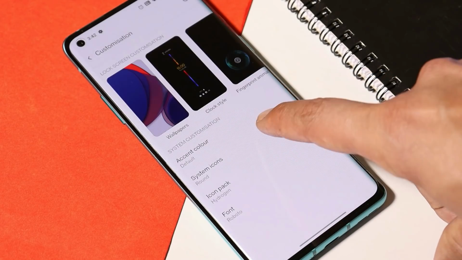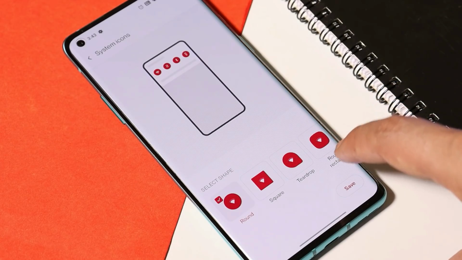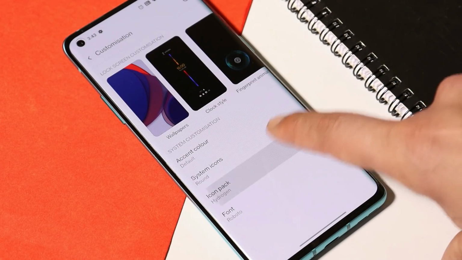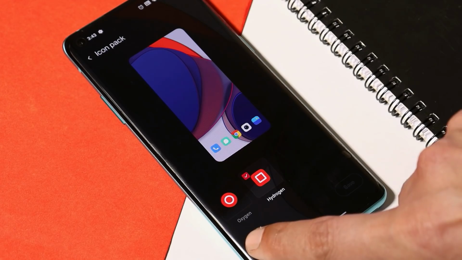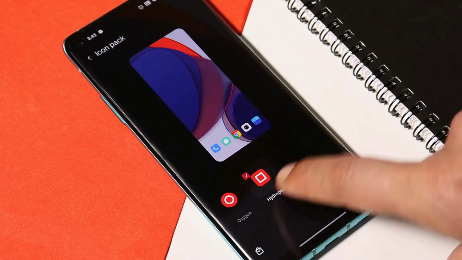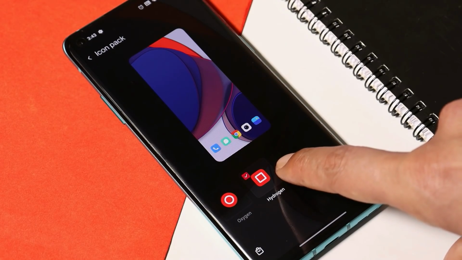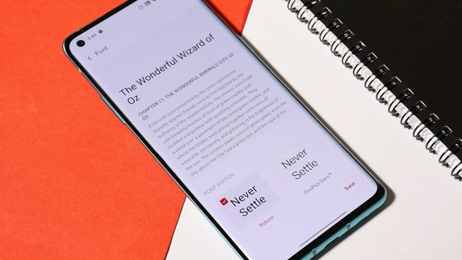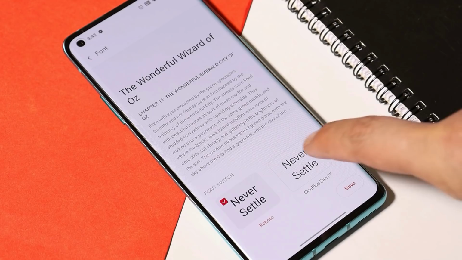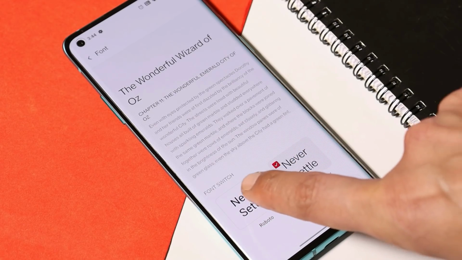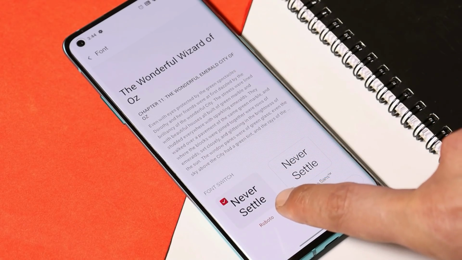your color range. We still have the ability to change the system icon shapes and complete icon packs, where you can also download custom icons from the Play Store. As it's Oxygen OS, we still get the Hydrogen OS icon pack pre-installed on developer preview. And a major change they have made here is related to the fonts. OnePlus Slate fonts have been replaced by OnePlus Sans. I still use OnePlus Roboto fonts, which are easily readable for me.